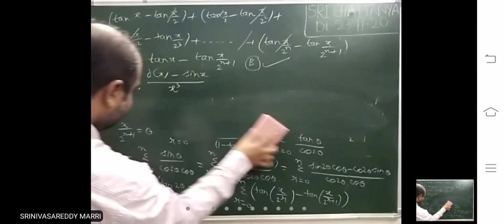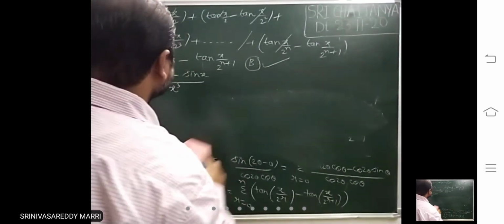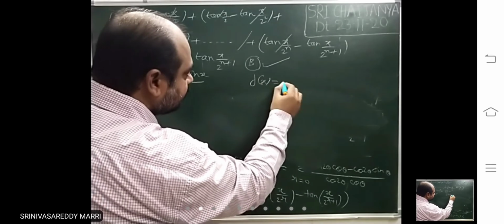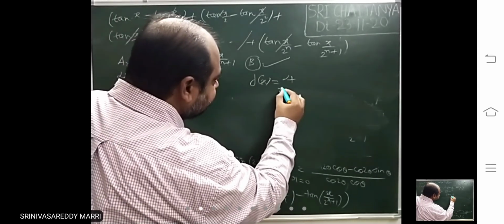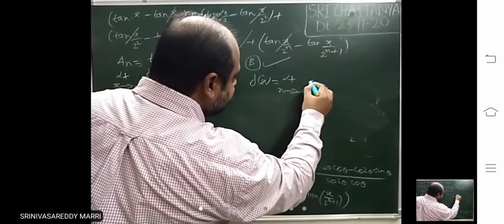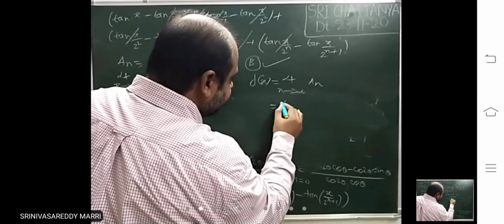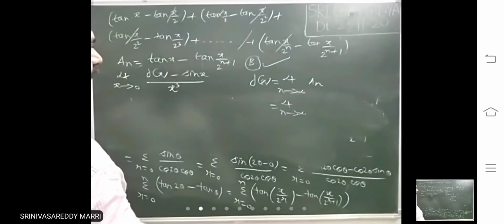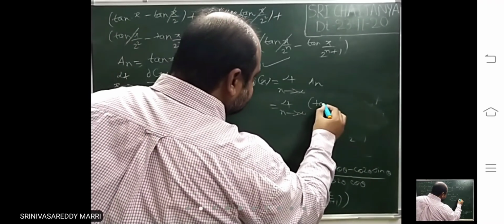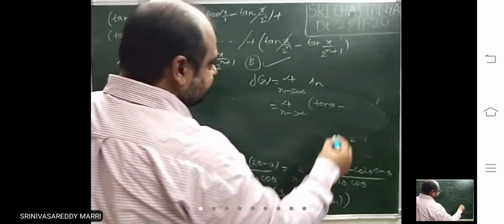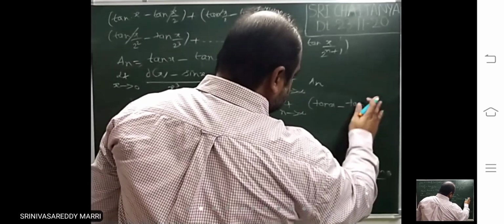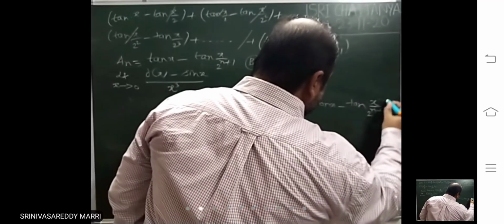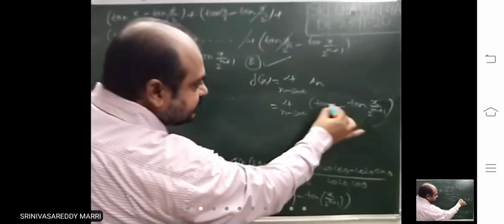So f of x, what is given? First you have to calculate what is f of x. Look, I am calculating f of x. f of x is nothing but limit n tends to infinity of a_n, that means limit n tends to infinity of tan x minus tan of x by 2 power n plus 1. Here there is no n,